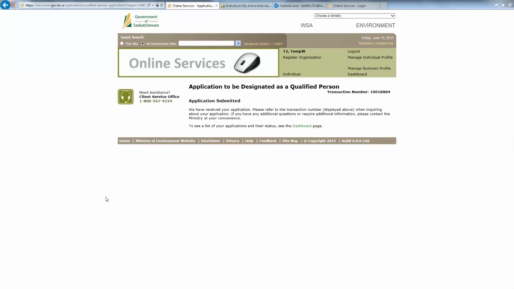This will take us to a page that says application submitted and says, we have received your application. Please refer to the transaction number displayed above when inquiring about your application. If you have any additional questions or require additional information, please contact the ministry at your convenience. So the transaction number they're talking about is located right over here, but you don't have to commit that to memory or write that down right now. Simply because if we navigate our way to our dashboard from this menu up here,